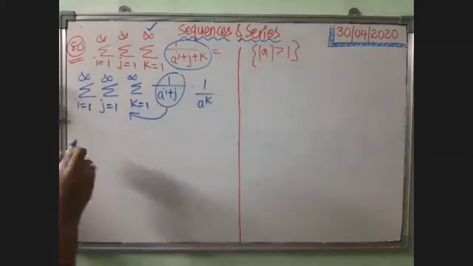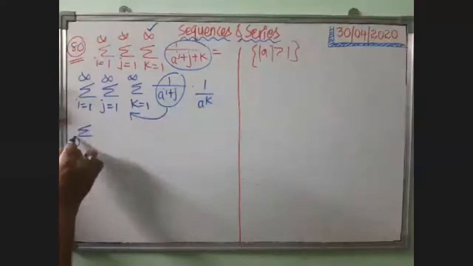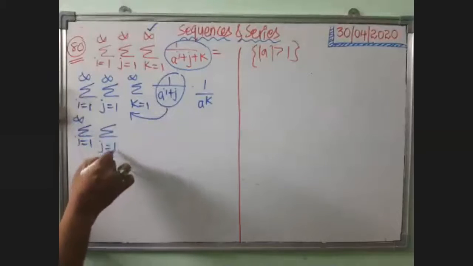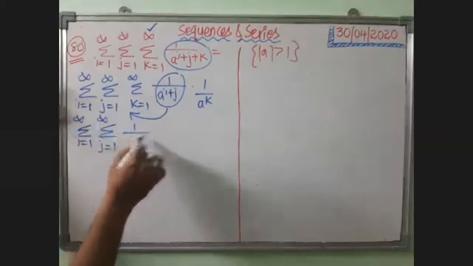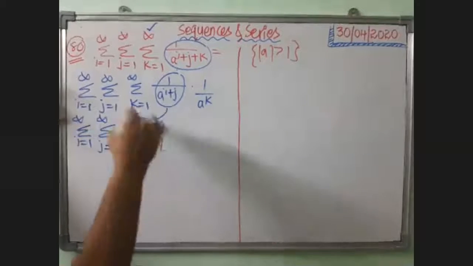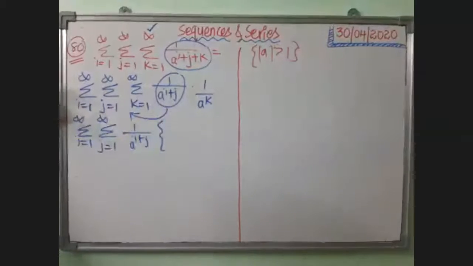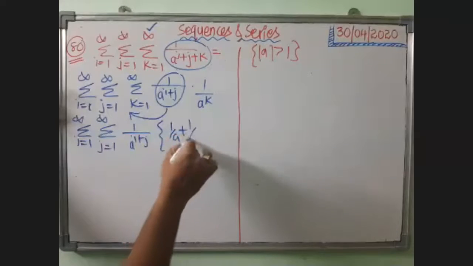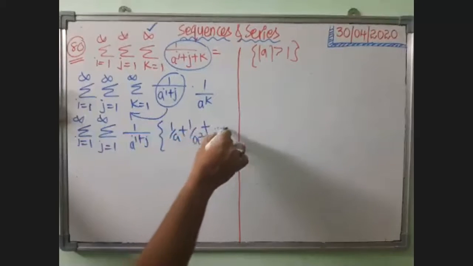So what will happen here is, this is sigma i equal to 1 to infinity, sigma j equal to 1 to infinity, 1 by a power of i plus j into, now if you apply sigma for this, what I get is 1 by a power 1 plus 1 by a power 2 plus so on up to